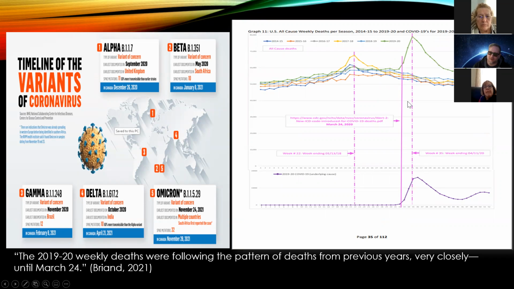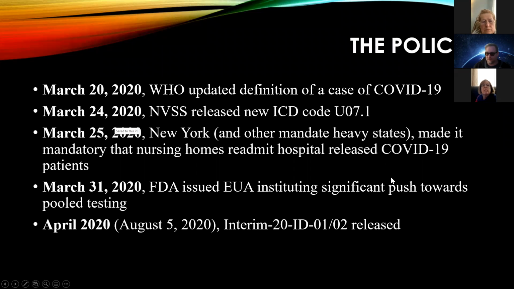So what happened here? What caused this? It wasn't the variants, because those don't happen until September, December of 2020, which is not even on this chart. So something happened here. The virus didn't change. What changed? After some research, I found out that we implemented a lot of policies around this time period. March 20th and then 24th were just to start it off.